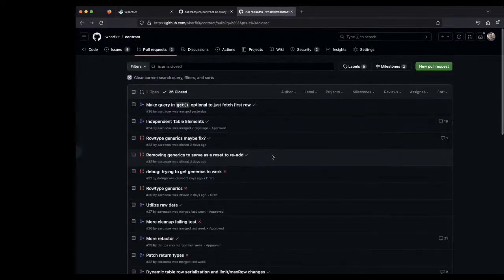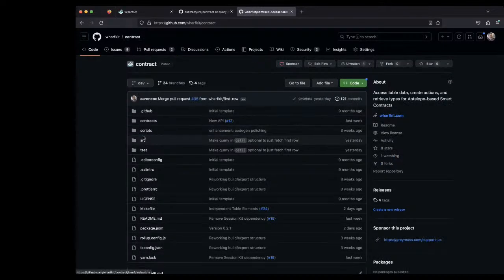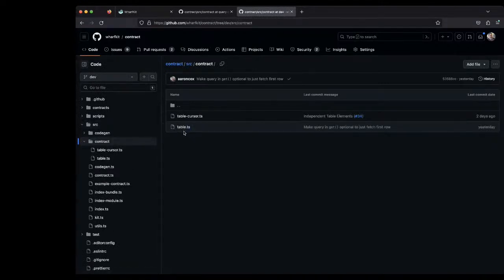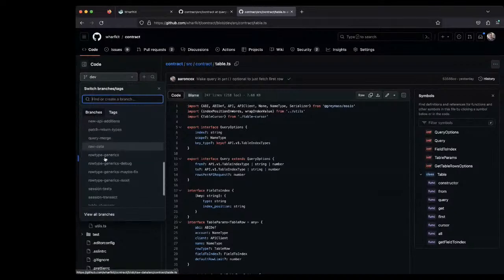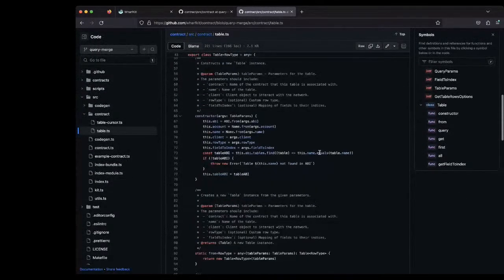So jumping back, since there's not a great leaping in point from the PR, what we've done now is that the table class is the new API. This is what we're proposing to simplify what the developers will use to query data from a smart contract table. Let me switch to query merge. So